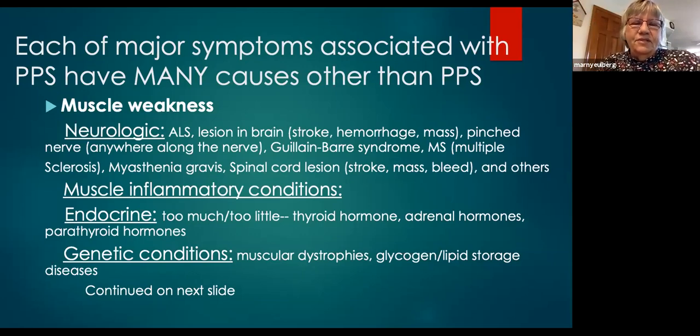And these next two slides are from all of the possible things they list in that. In fact, I was sort of disappointed that they didn't list post-polio syndrome as one of the possible diagnoses. So neurologic causes can be any of them: ALS, which is commonly known as Lou Gehrig disease, a lesion in the brain, a stroke, hemorrhage, a mass like a tumor, a problem anywhere along a nerve. So things like carpal tunnel,